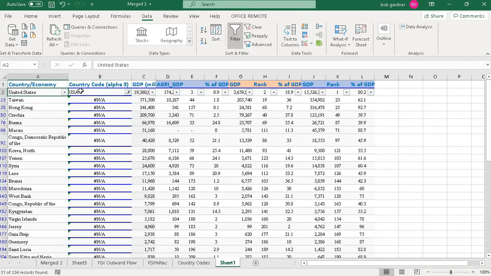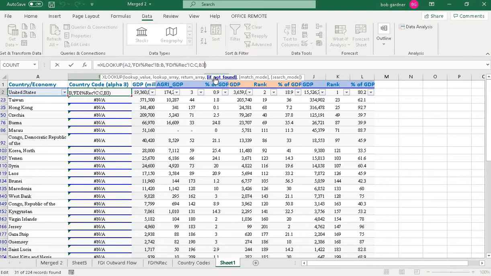We will go to this formula, and again we'll put in a nested function within it. If the value is not found, we can alter the match mode, like we can say exact match. You can put 0. If you put 0, it will look for an exact match. If you put -1, it will look for an exact match or the next smaller item, and so on. So we can put -1 and see whether more values are showing up.